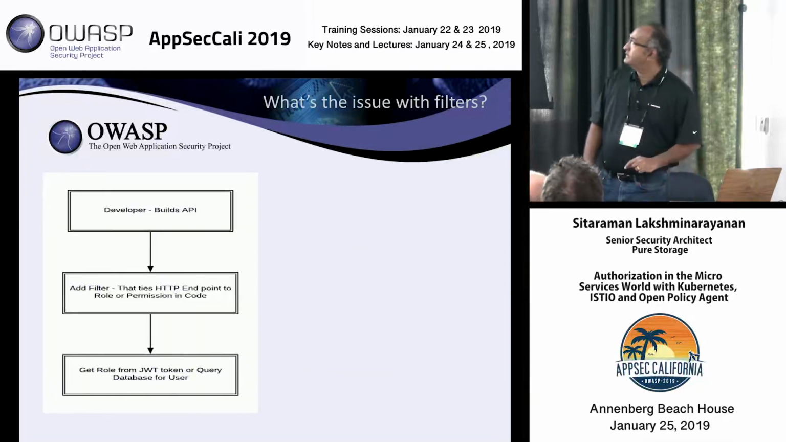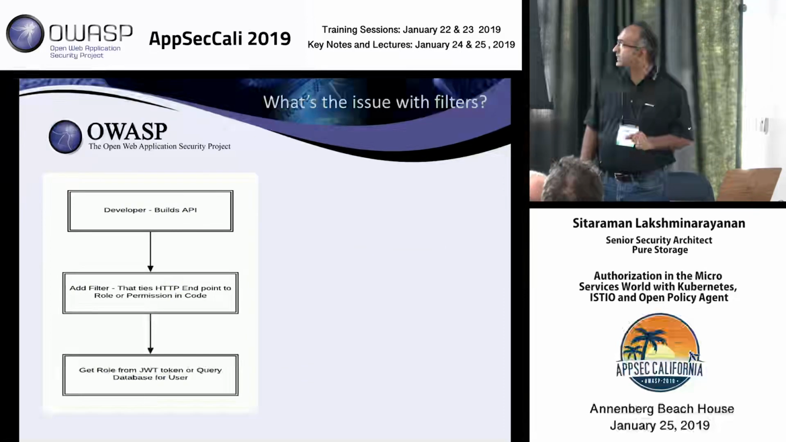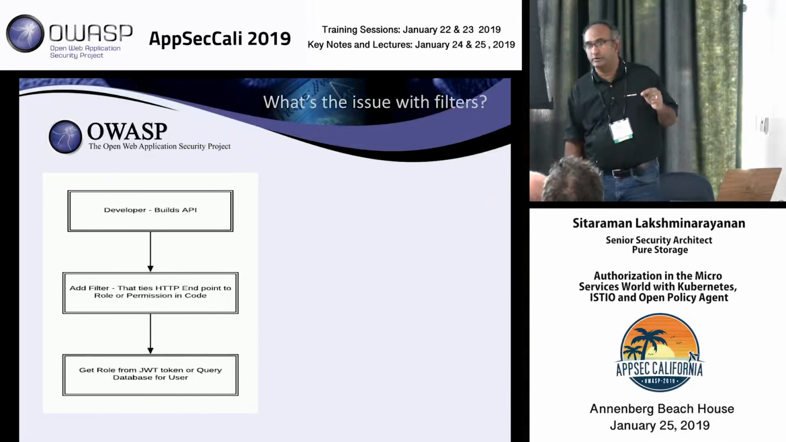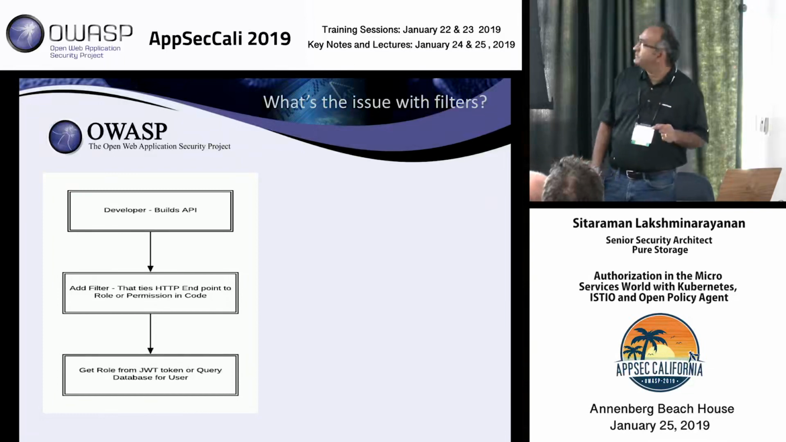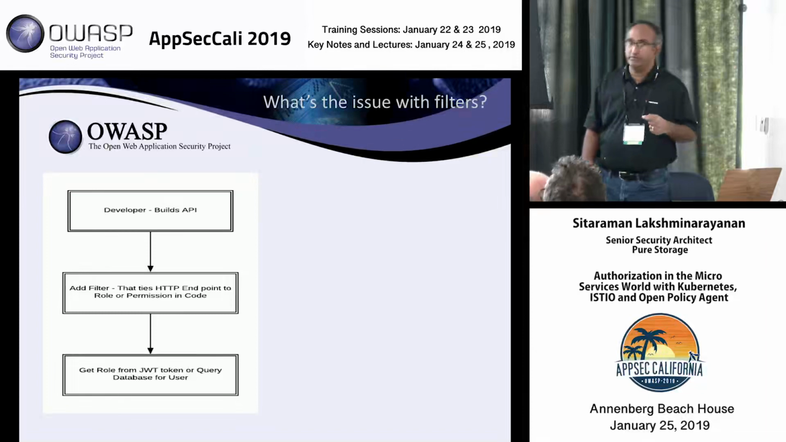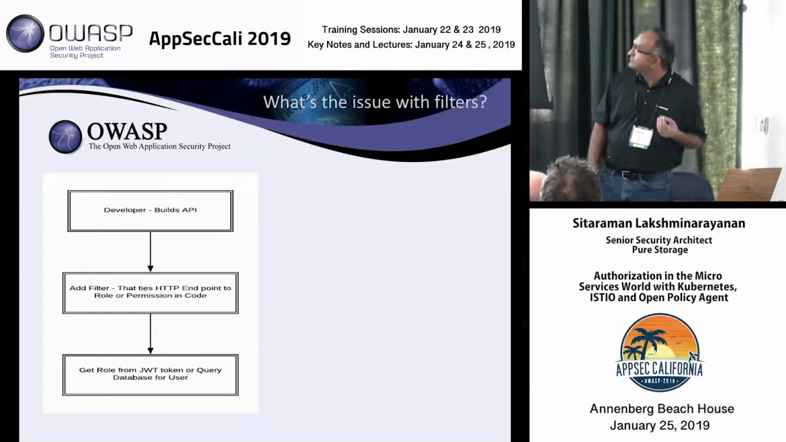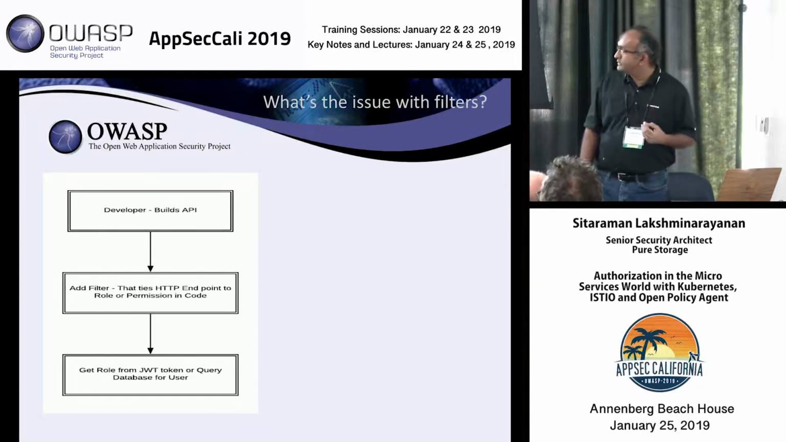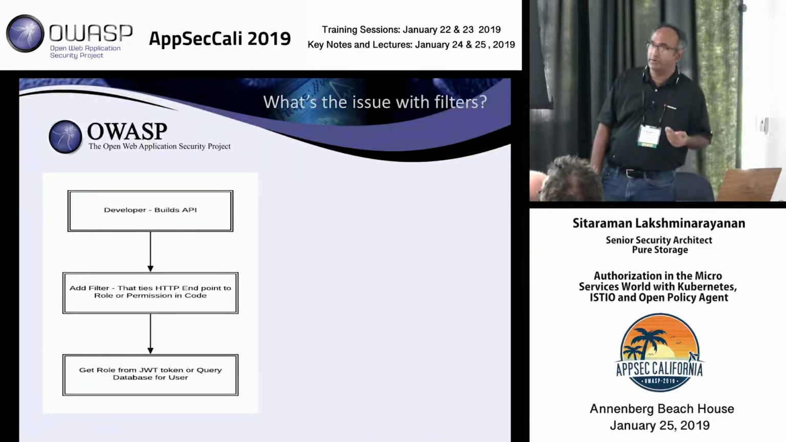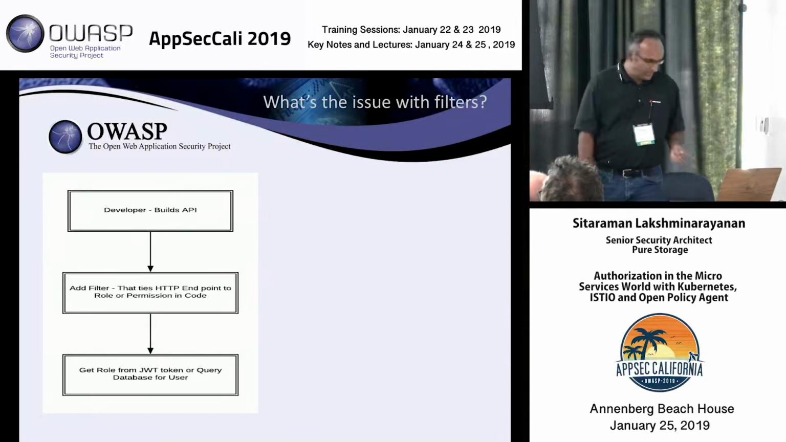So again, here is what happens. Your developer builds the API and adds the filter. On each API endpoint, they have an annotation that says this endpoint is allowed if you have the permission create customer or the role manager. And then the context will go and query the database, whatever it needs, it understands the authorization,